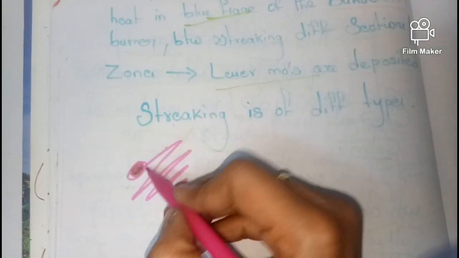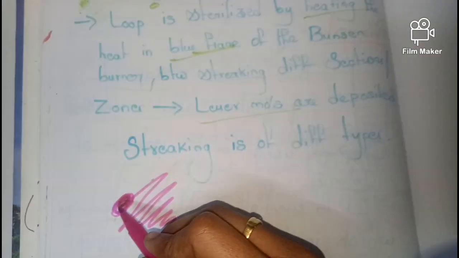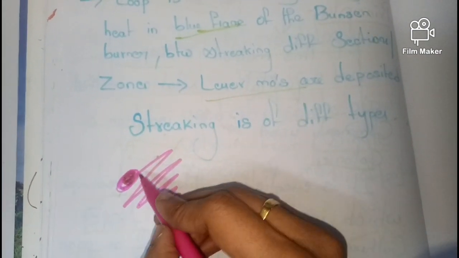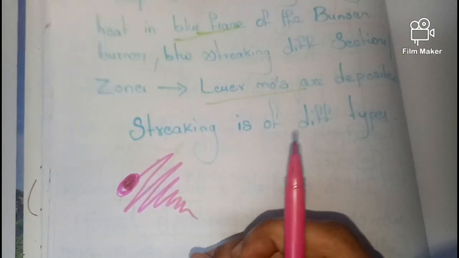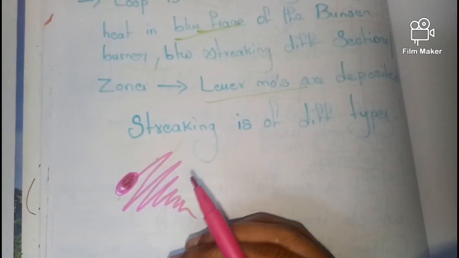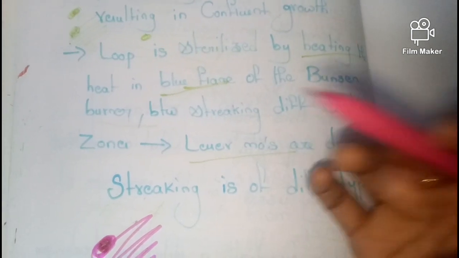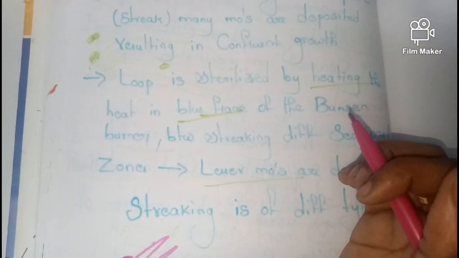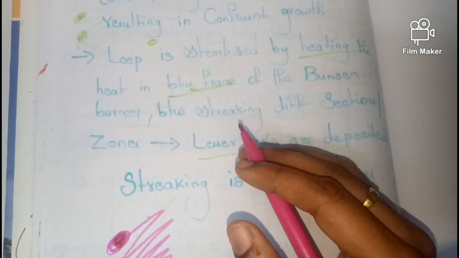This is the streak plate method. The mother inoculum that we kept here in the initial stage has a bunch of microorganisms deposited. Later the streaking was done and towards the tail, fewer microorganisms are deposited. In this way the principle is obeyed in the streak plate method. The streak plate method can be done in different types of streaking.